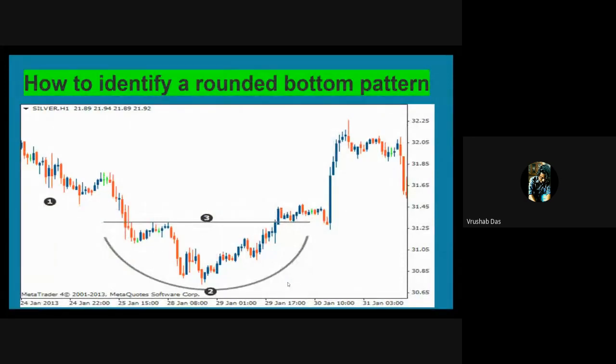This pattern also requires a substantial price move to the downside before consolidating for an extended period, forming the rounded bottom. The price then begins to rally back above the neckline of the consolidating area. The rally begins after the consolidation of the rounded bottom, and at this point the pattern has been completed. Now, what are the strategies?